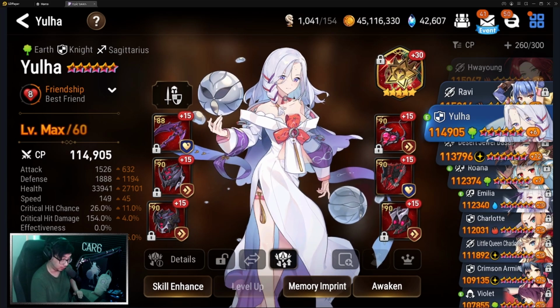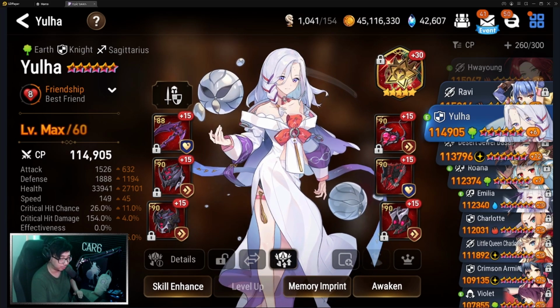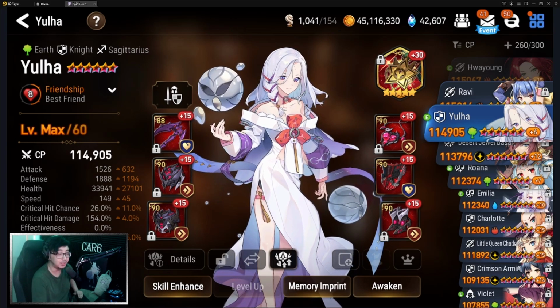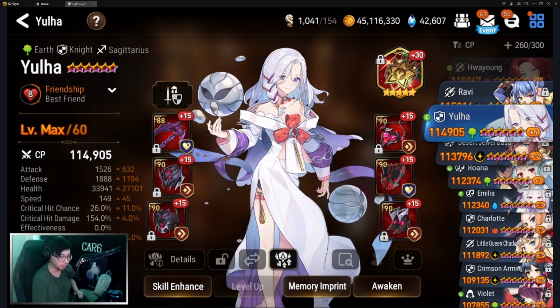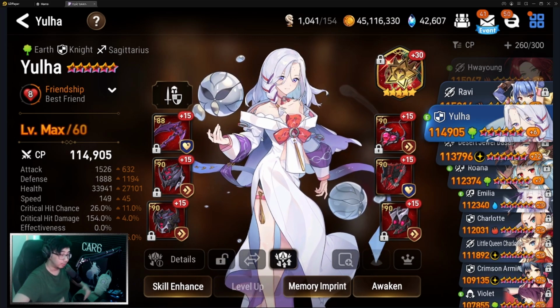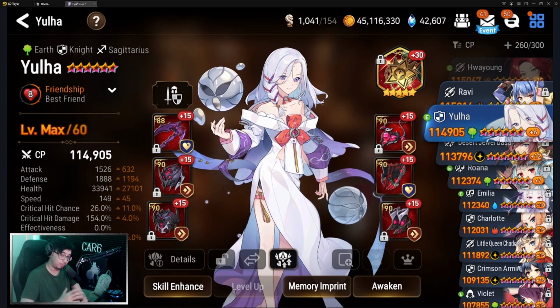And as you can see, we really just prioritized stacking as much health as possible. The defense is just a bonus. The speed, at least for now, for Arena and Guild Wars, I think is largely irrelevant depending on what you're going to want to be targeting. But mainly, guys, and a lot of y'all know this, our main target with Yulha is going to be opponent